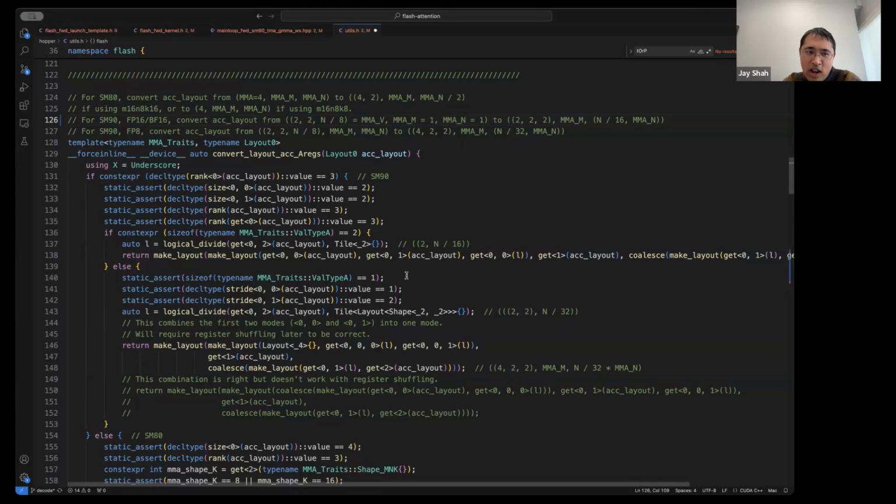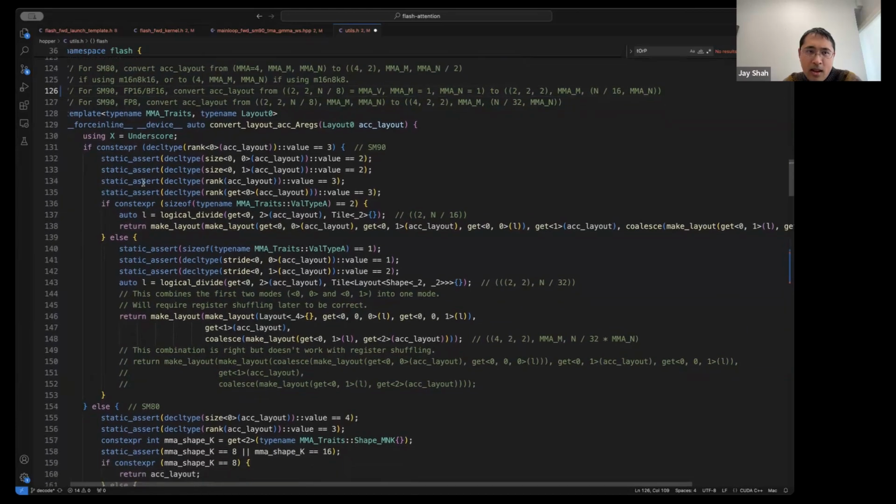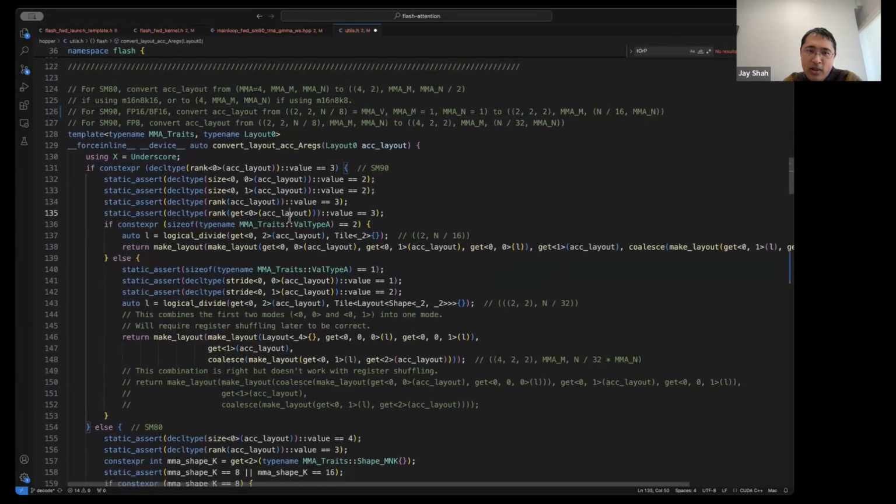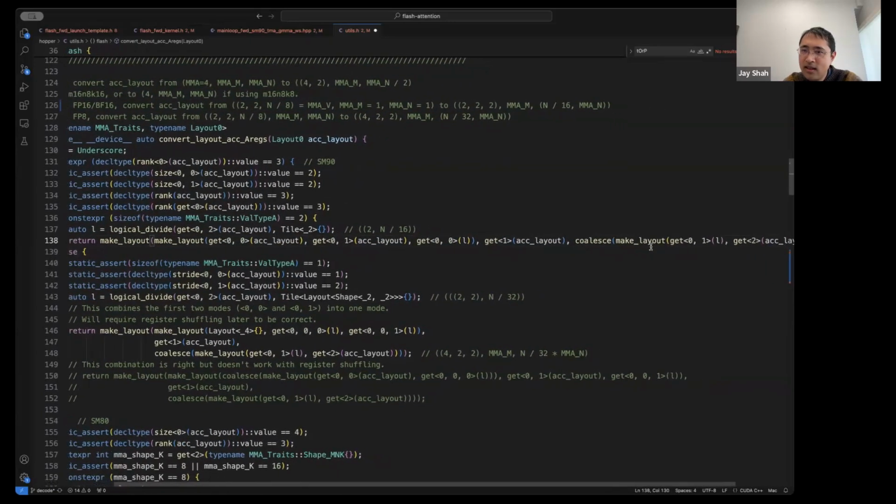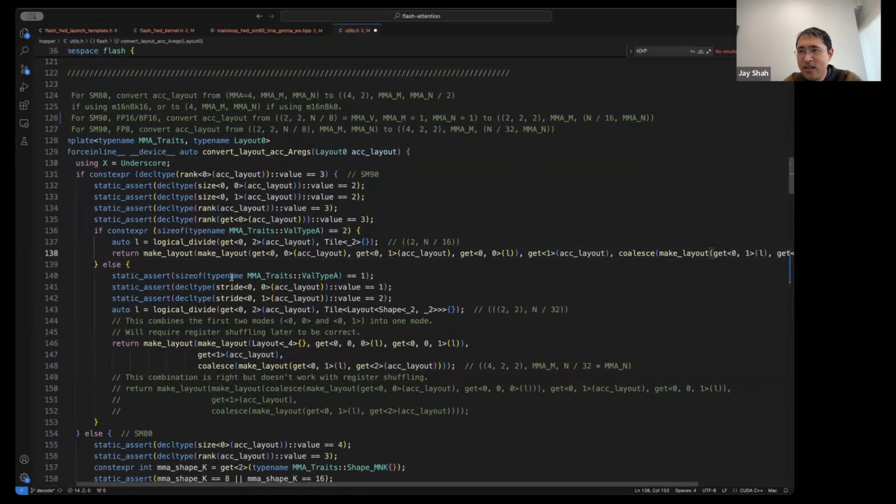How do I do that, this reshaping operation here? Well, I can just use the Cutlass methods, including size, logical divide, make layout, getting the right values with my detailed knowledge of what it actually is, in order to produce the layout that I return here. So this is very low level. This is sort of the lowest level Cutlass code you would write. If you unpack it, it's very simple, but it is very low level.